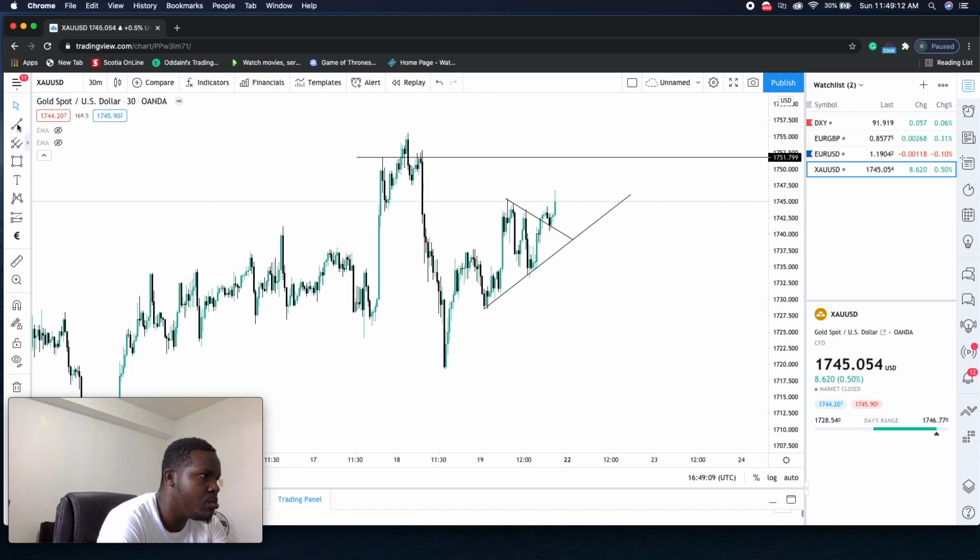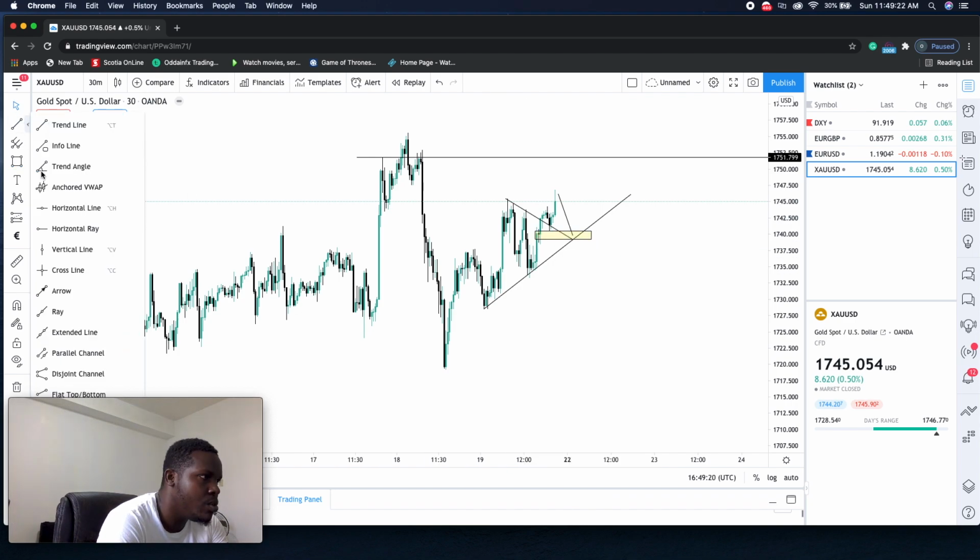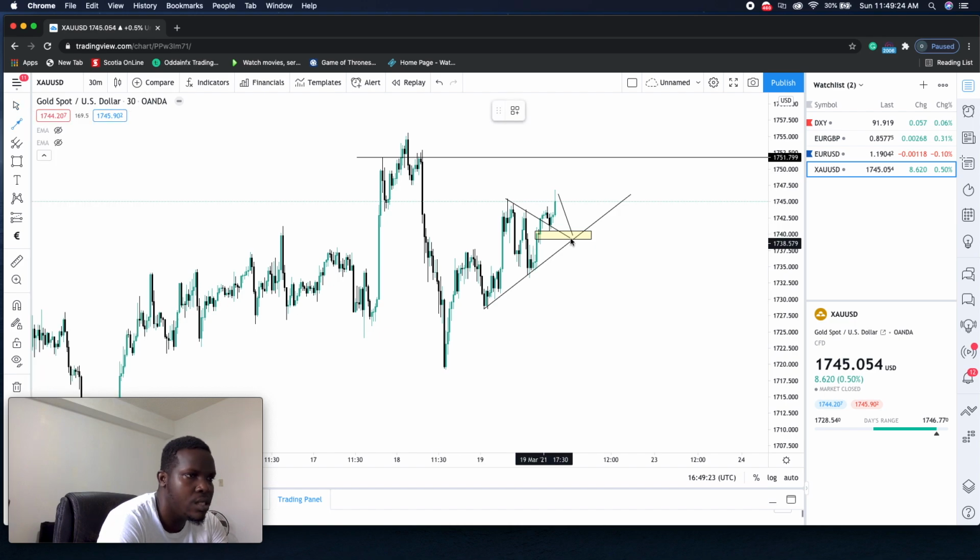So what I pretty much want to see is for gold to push back to these levels. If it push back to this level right here, then I'm going to be looking for buying opportunities from here all the way up to here. And for here, this level here, this is pretty much a sell zone for me. So once gold push to this level, I'm going to be looking for shorting opportunities, probably down back to the trend line. Right? So this is pretty much what I'm looking for